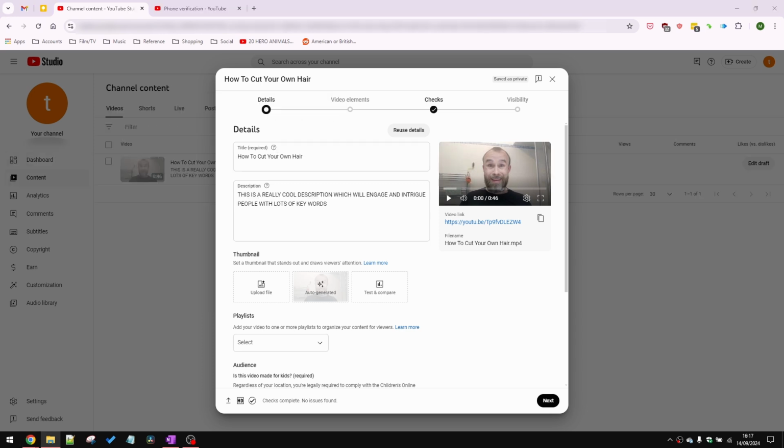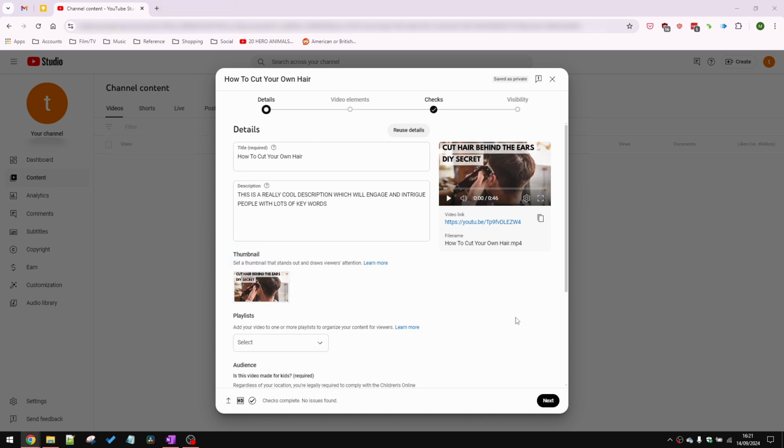And the same applies for thumbnails. There's so many videos and online articles out there on best practices for making your own thumbnails and how to get all of those viewers' eyes on your video. I'm just going to drag a thumbnail that I made earlier. So now that you've done the title, description and thumbnail, arguably the three most important aspects of your video, we can move on. Now this is an opportunity for you to add your video to a new or existing playlist,